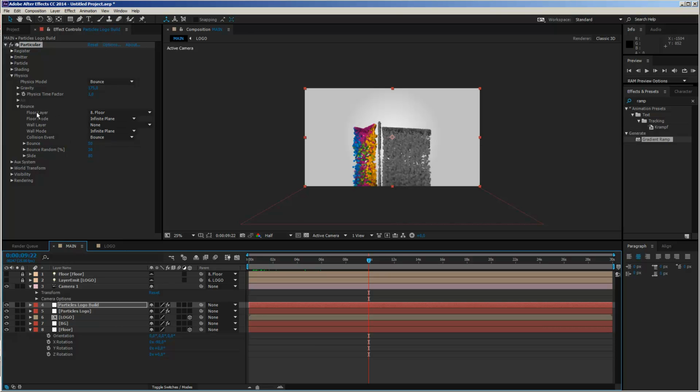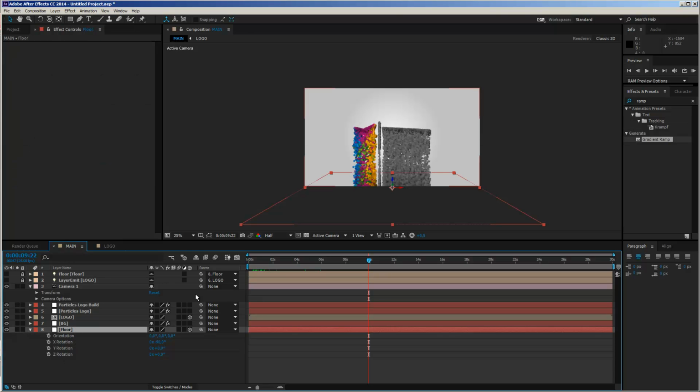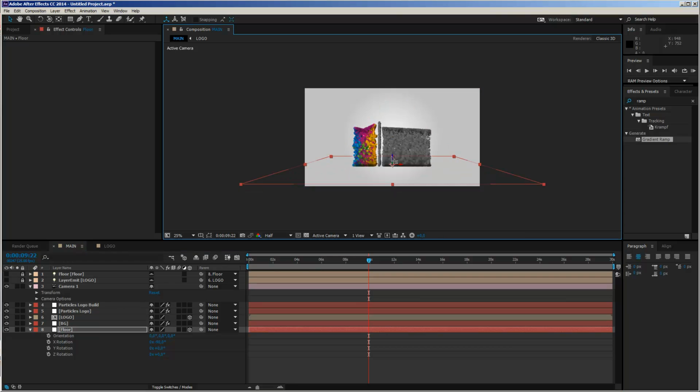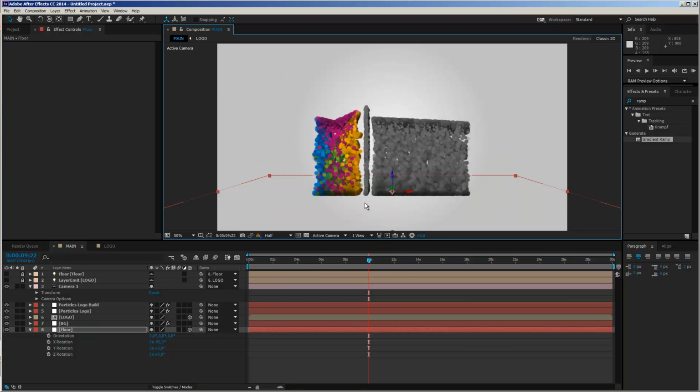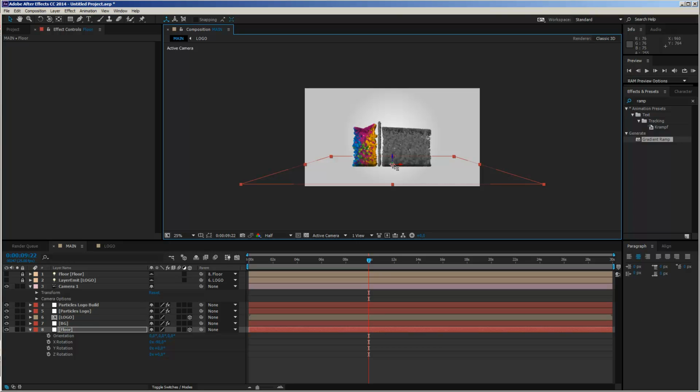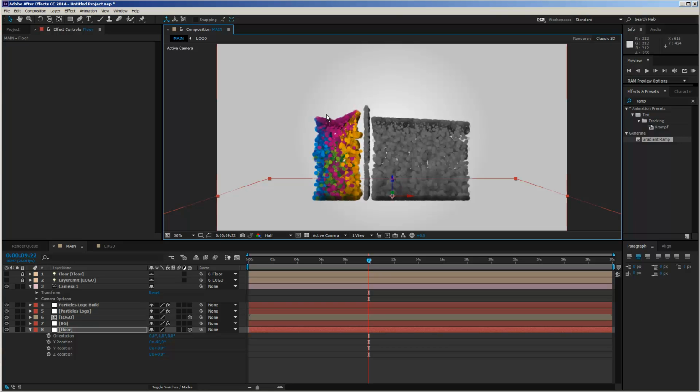Let's see, the floor layer is selected. The floor is, I will just drag it up here a bit and let's see. Yeah, okay, they do jump around actually. It was just too far down. So let's drag it to about here. Okay. So now you see the particles fall down and then they are jumping on the floor, and yeah, they are staying in place, and we do not want this. We want them to slide away.